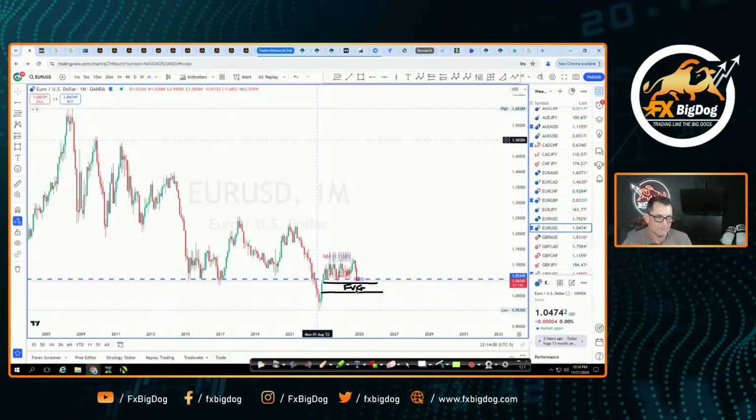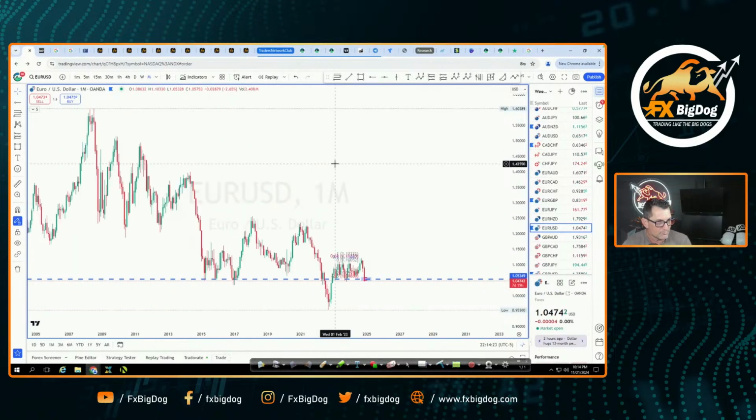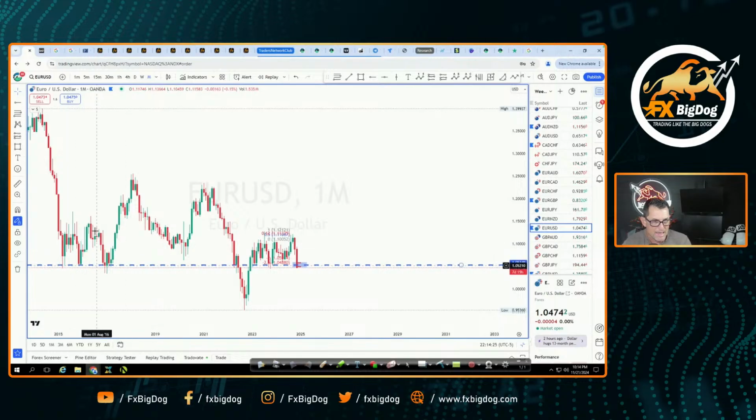Now, if that's a fair value gap, then where is the order block? Well, there's an order block. In fact, let me zoom in a little closer up here. I want to make sure that you guys can see this because I don't want you to miss out on it. Okay, so everyone saw this pattern, right? How price goes back above here and now uses this area as a key level of support.